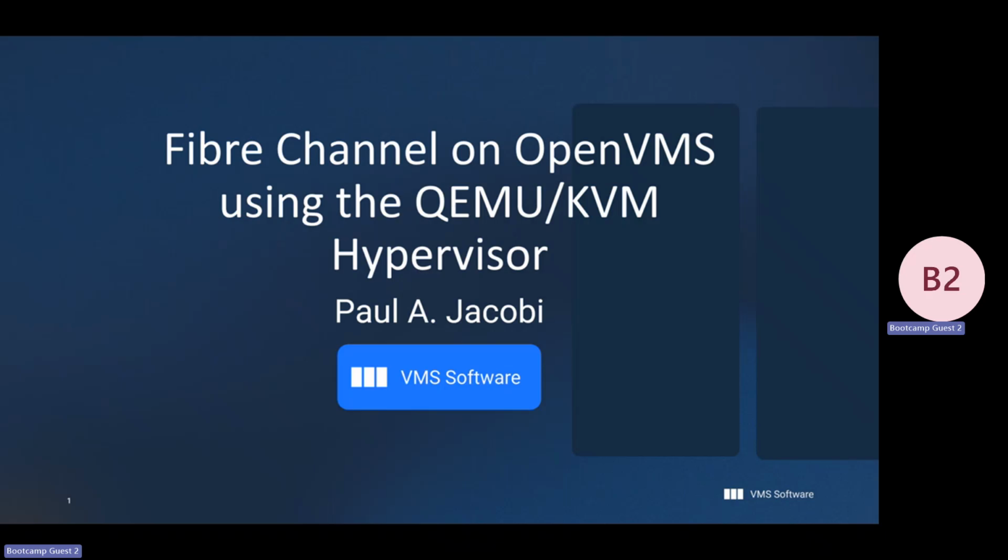Last year, I presented how to use the ESXi hypervisor to configure Fibre Channel pass-through. This year, I will present how to use the QEMU KVM hypervisor with Fibre Channel pass-through. If you had asked me last year, with all the success that we had with ESXi, I would have thought it would take just a couple weeks to get QEMU KVM up and running with pass-through. But as we later learned, QEMU KVM takes a slightly different approach to PCI pass-through,